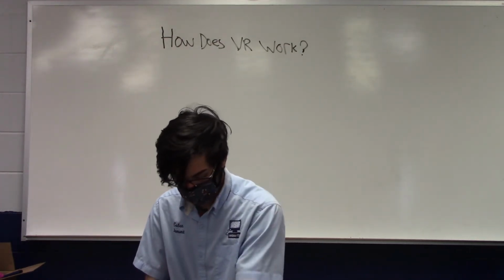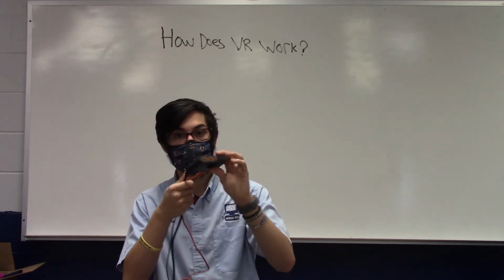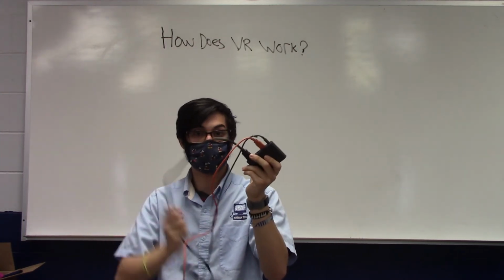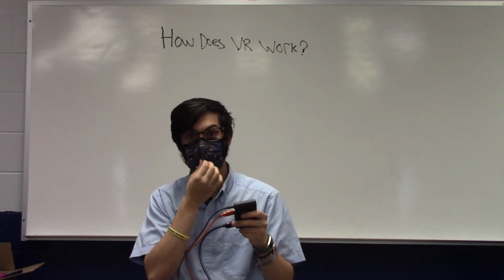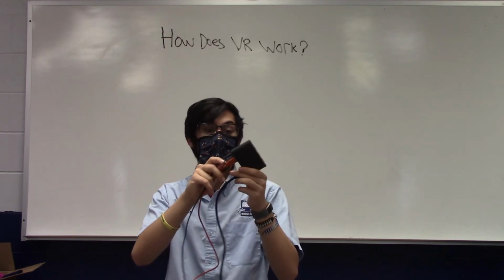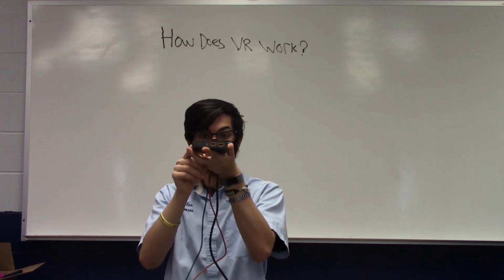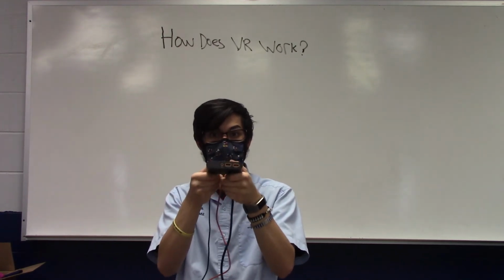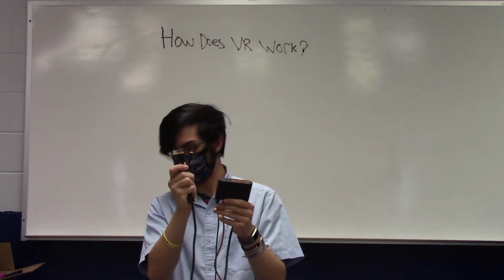Then you have the power cables for the Lighthouses. You have something called a link box. This is very, very important. The link box has 3 cables that you take from it. You have your HDMI cable that you put into your graphics card. You have a USB cable that you plug into a USB 3 port on your computer, which I will talk about, like all the different USB types and all the ports, in a later video. And then you have the power cable for that. And on the other side, you have 3 orange ports. I'll zoom in on that. You have 3 orange ports. And on those ports, you insert the ports on the...